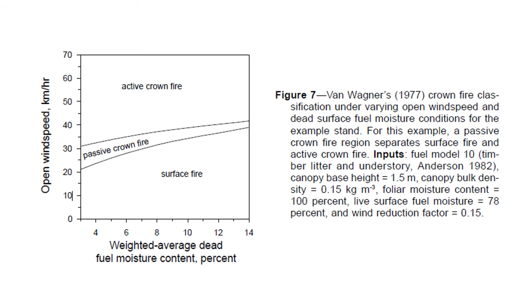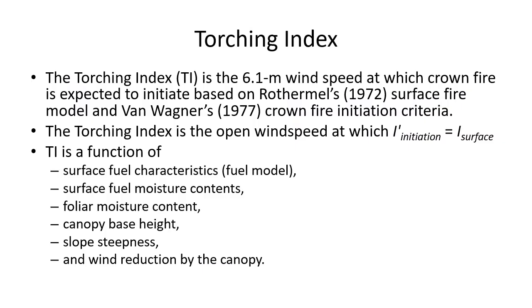Because it's going to require a more extreme fire environment for it to make that transition. So based on this idea, Scott and Reinhardt identify what they call the torching index. So the torching index is actually a wind speed, right? So the torching index is the 6.1 meter or the 20-foot open wind speed at which crown fire would be